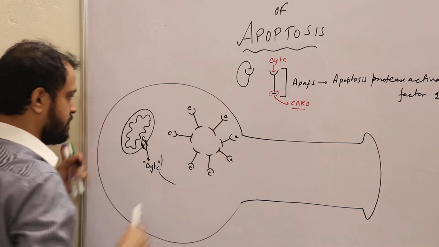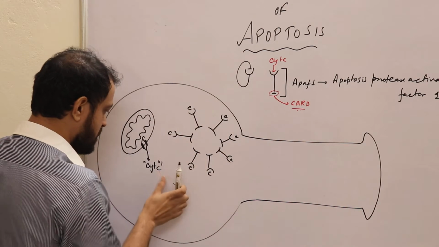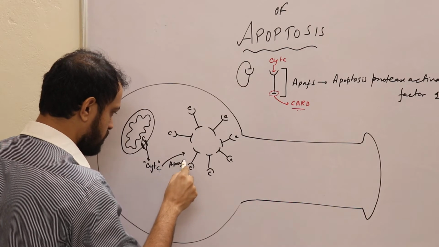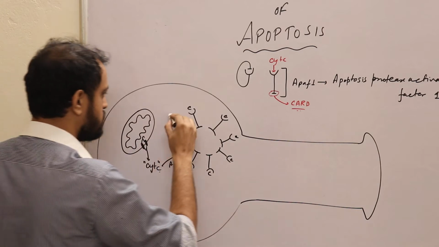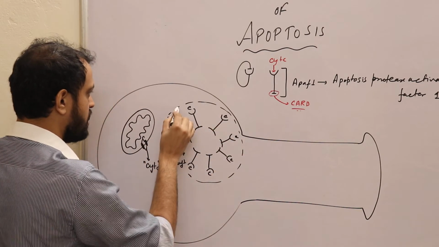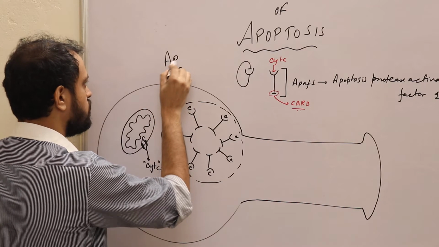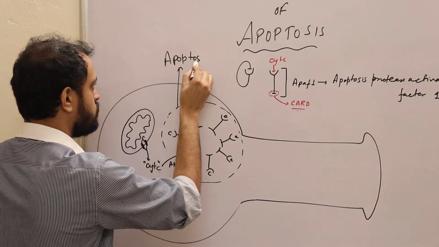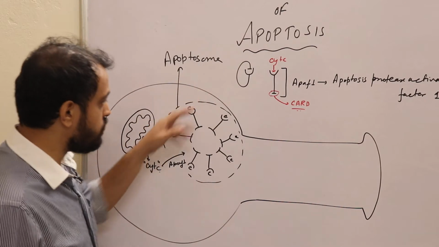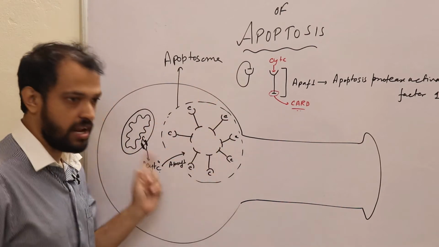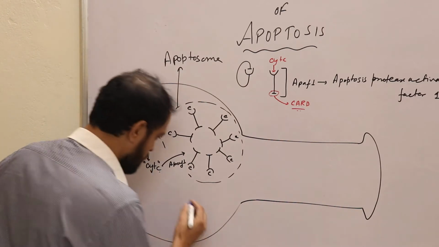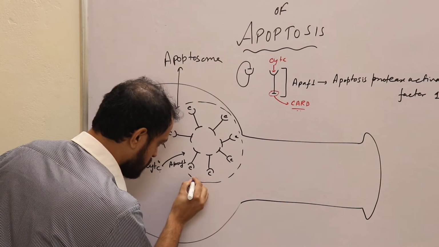This whole thing which is formed from cytochrome C is known as the apoptosome. You know all these things. This is the apoptosome. That means 7 APAF1 together with cytochrome C form one apoptosome. Now listen, we will not obviously go into details. Now this apoptosome converts